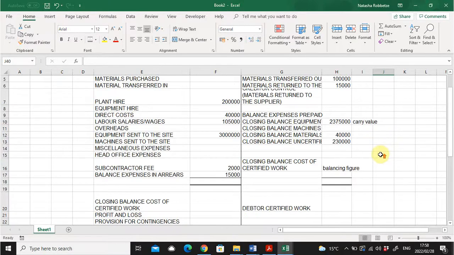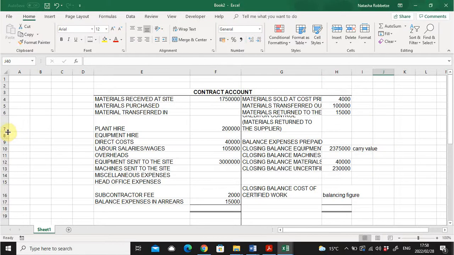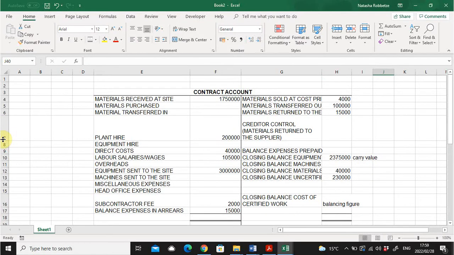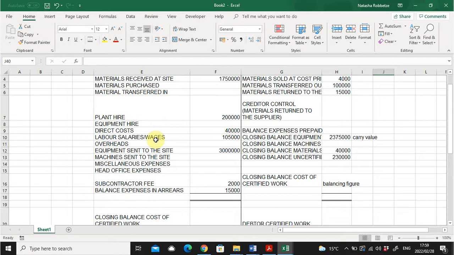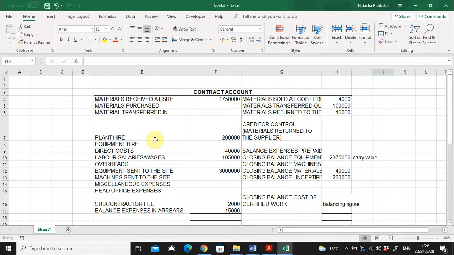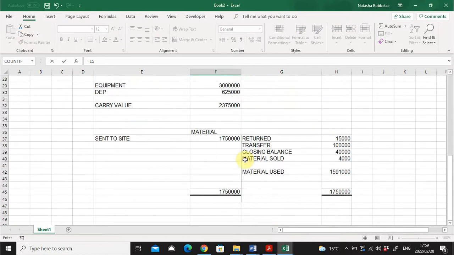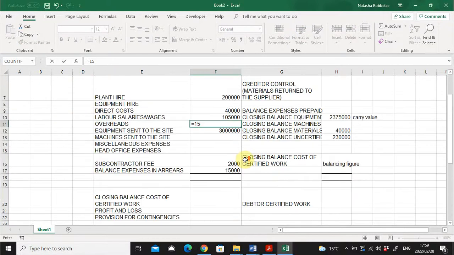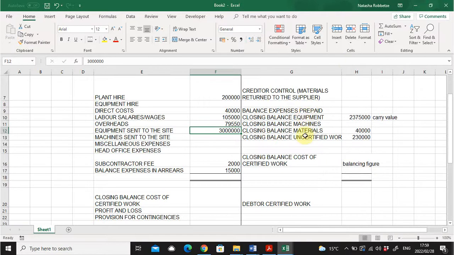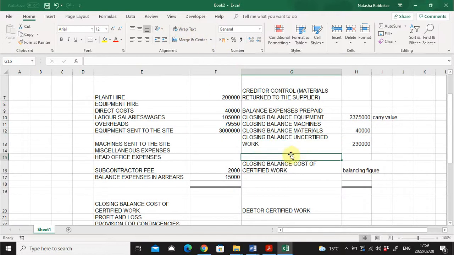So I'm going to take this amount then. Where is our overhead? Overheads, there we go. And it should then be 1,591 times 5%. That gives us 79,550. Right, let's move on then to